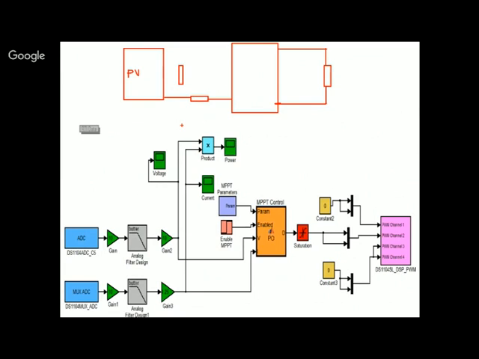Wind also, even PV, all the renewable energy, fuel cell, all these things are available in MATLAB. Fuel cell and wind are available even in the 2012 version, but PV is not available there in 2012. In 2015, the PV model is also available. So you can go and take those models. Now that model you have taken, you enter the data from the data sheet, then you will get this thing.